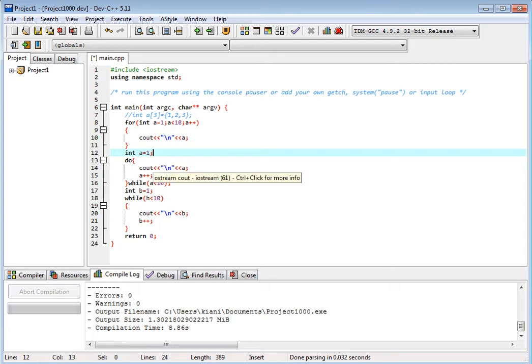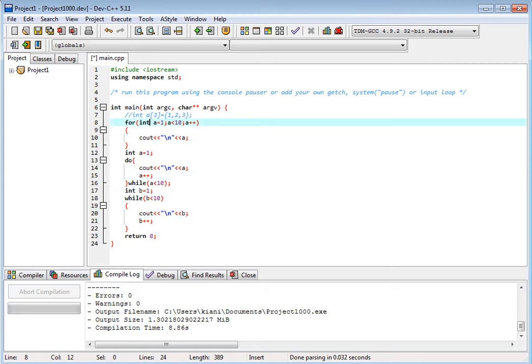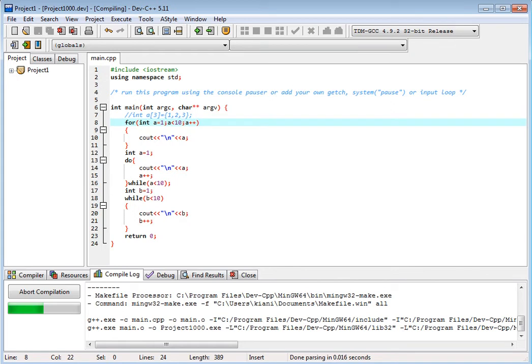Okay, so we have initialization, condition, increment, decrement, body of the loop, one statement. In the for loop we have initialization, condition, and increment, decrement in one line.